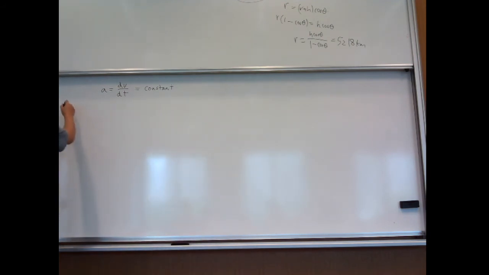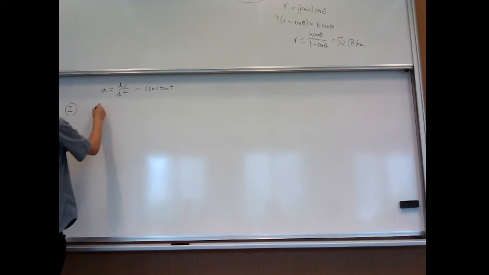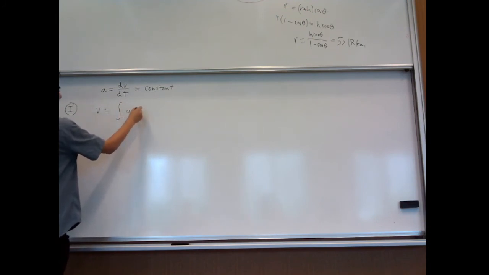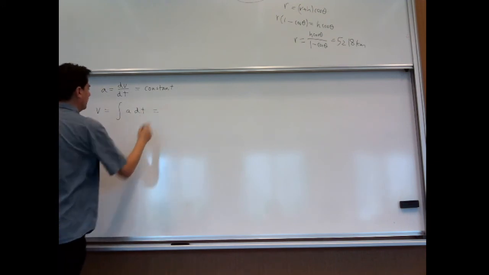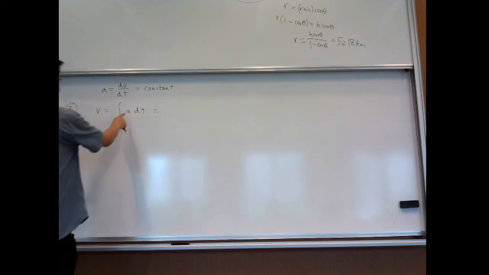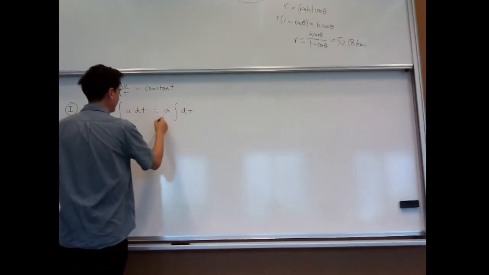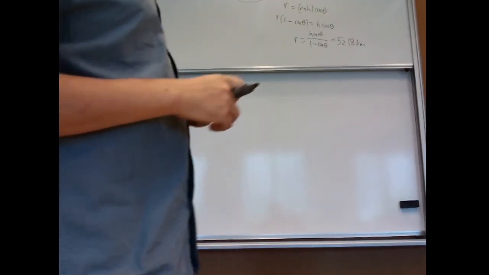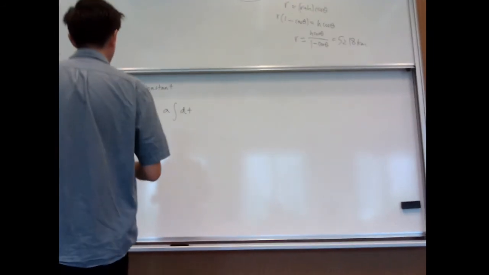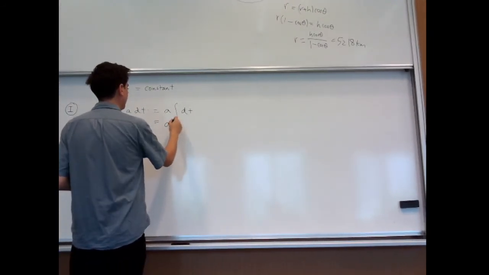Okay, so let's go through the equations one by one. Let's call the first one there equation 1, the 2.11, equation 1. So how do you get that one? Well, essentially just invert this equation. If acceleration is a constant, and acceleration is the derivative of the velocity, then we can find the velocity by integrating the acceleration. The acceleration is just a constant, and if we assume that we start at time equals 0, then we're going to have at plus